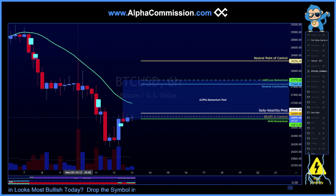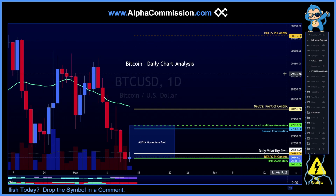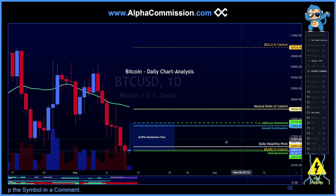Let's jump over to the daily chart. And on the daily chart, you can see that this is a bit of a different picture, okay? So the daily volatility pivot has come significantly down, but it's not at our back. It's actually a headwind against us. So we do need to get above